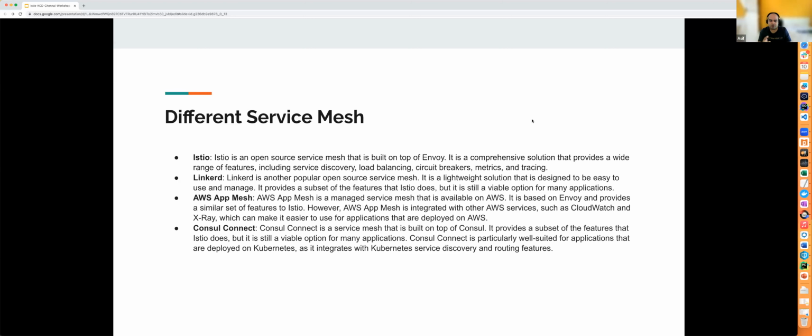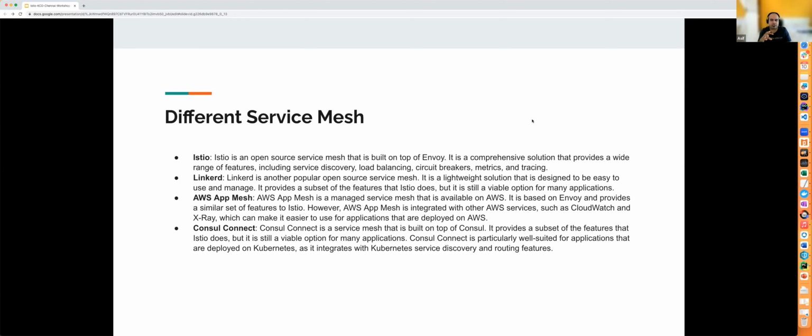If you are just trying to use it on Kubernetes, Istio, Linkerd, or Consul Connect can be the best choice. All of these are either a subset of each other or equivalent to each other, but catering to different developers on different platforms.